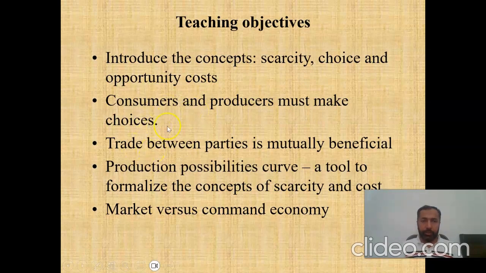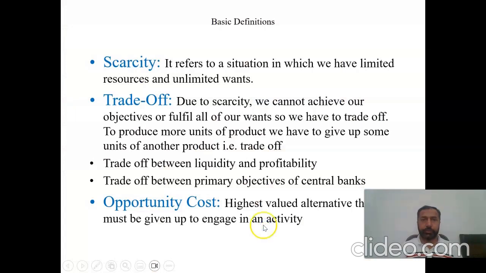Then, due to the scarcity, parties trade with each other, which is beneficial for both the parties, sellers and buyers. And then, in the end, we shall discuss the link between the scarcity, choice, opportunity cost, and resources with the help of a graph, which is known as the production possibility curve. And then we shall see what is the difference between market economy and command economy. Starting from the basic definition,